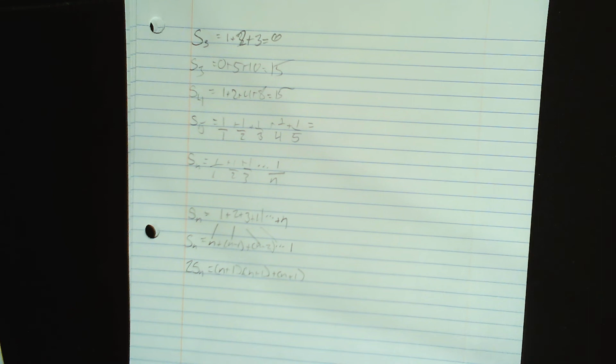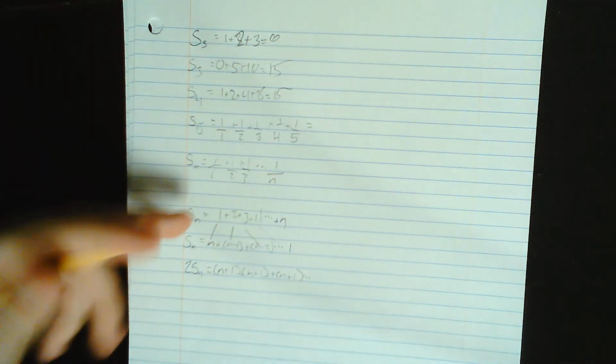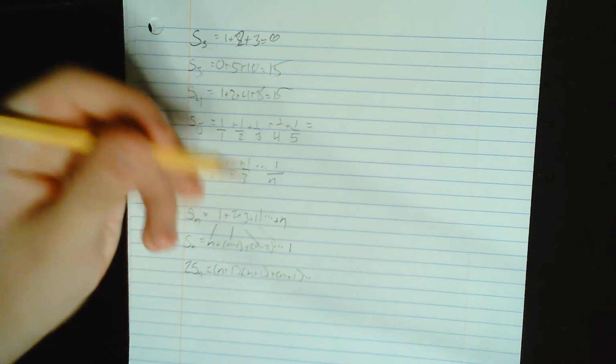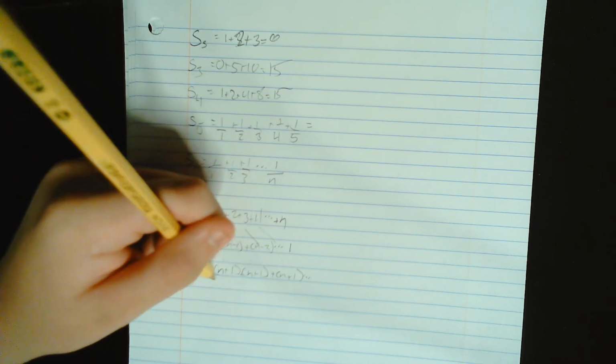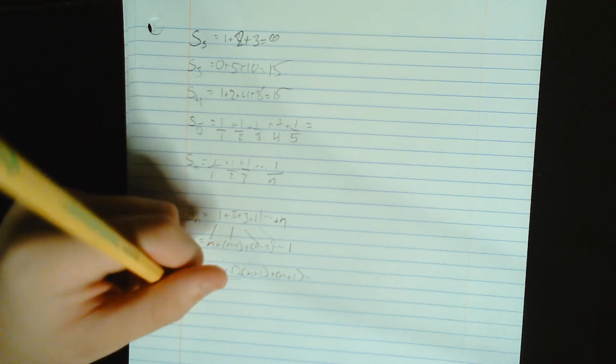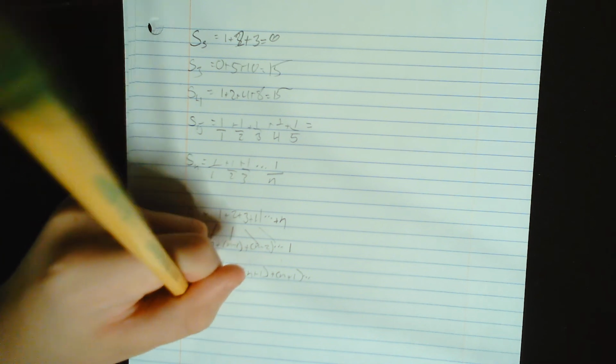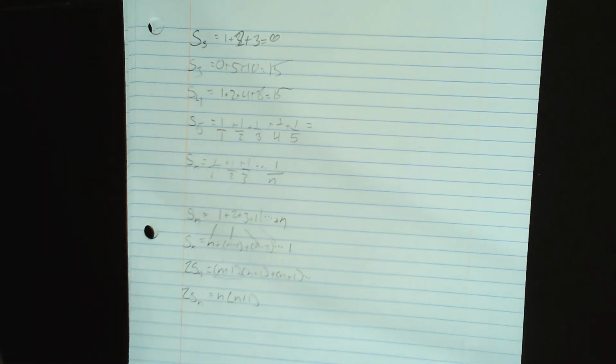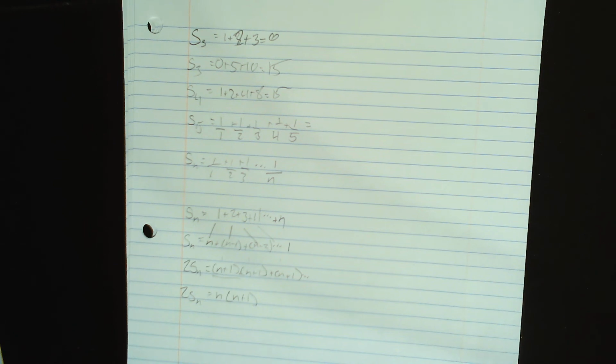It'd go on as long as how many n's there were. Each one of these is a single n, so there are n plus 1s in this, so we could rewrite this as 2 S_n equals n times n plus 1,